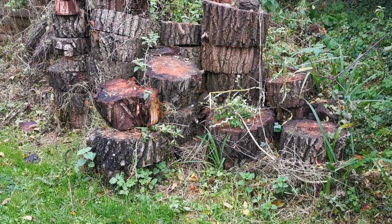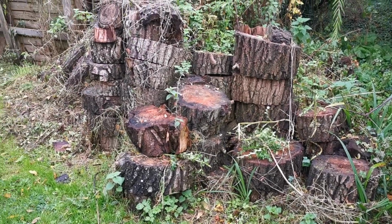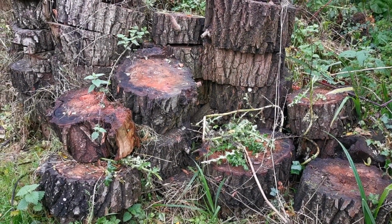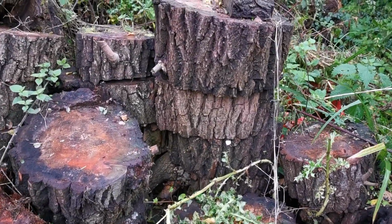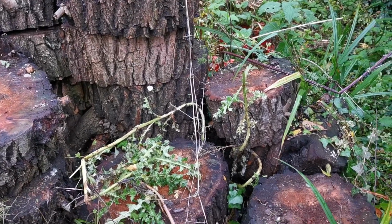We're over at the Norfolk Broads Cottage. We're on the edge of the wildlife reserve here in the little wilded part of the garden where we've stacked these blocks of willow over summer. This is a willow that was dead and had fallen down and had to be removed from the garden and chopped up. It's been put out here to season over the summer months, but now it's starting to get